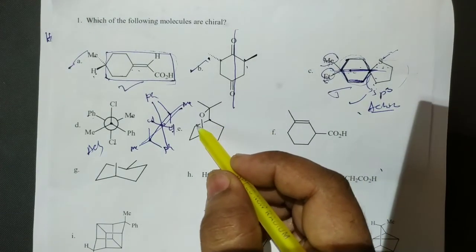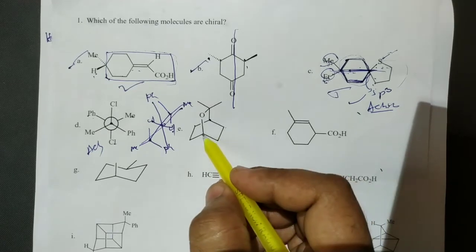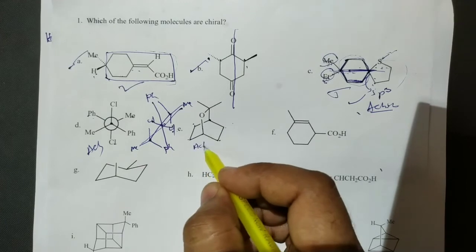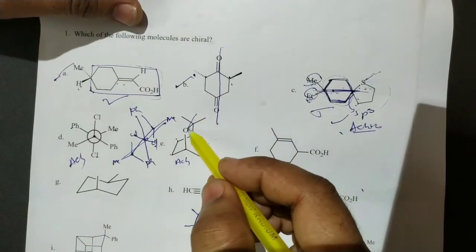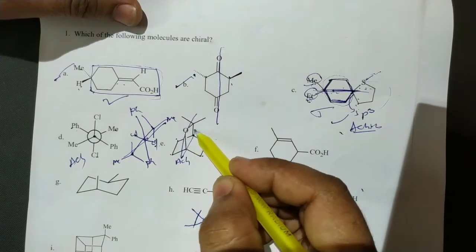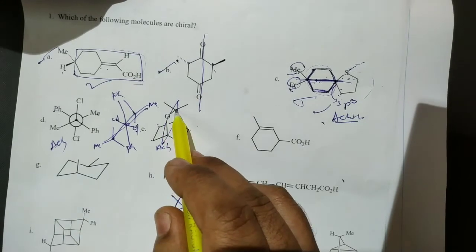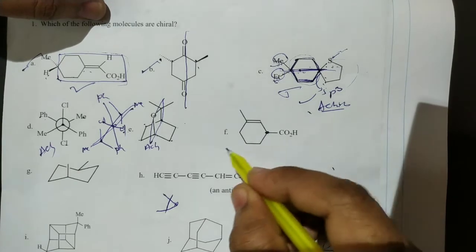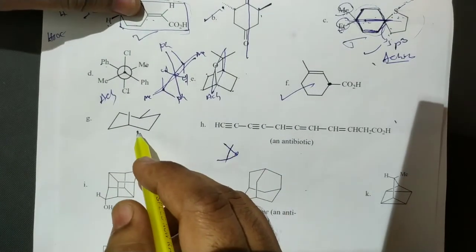This carbon has the same groups here, CH2, CH2, CH2, CH2, same groups. This carbon also has CH2, CH2, CH2, CH2. No chiral carbon, this is also an achiral molecule. Okay, that's it. Of course, this molecule can be cut into two equal halves, through the oxygen, this carbon, this carbon, this carbon. Now here this is the chiral carbon, so this one exhibits optical isomerism. We can say easily.